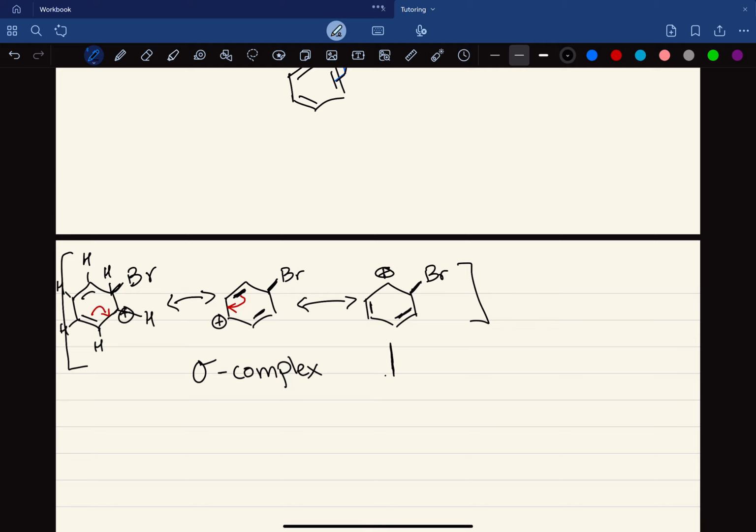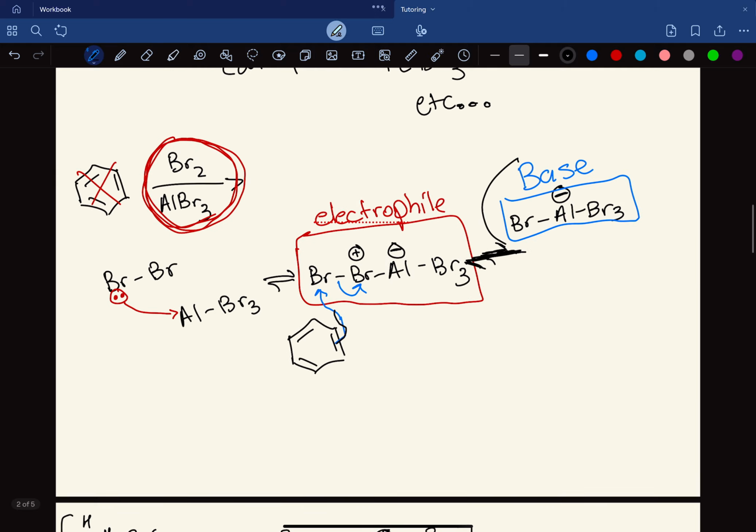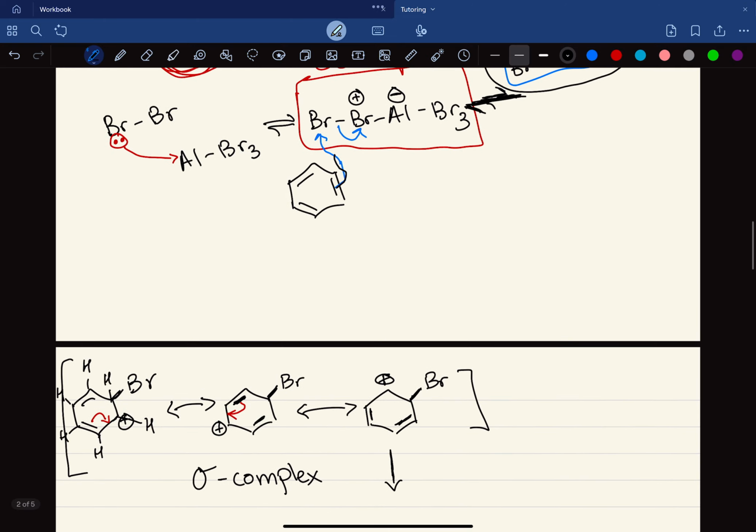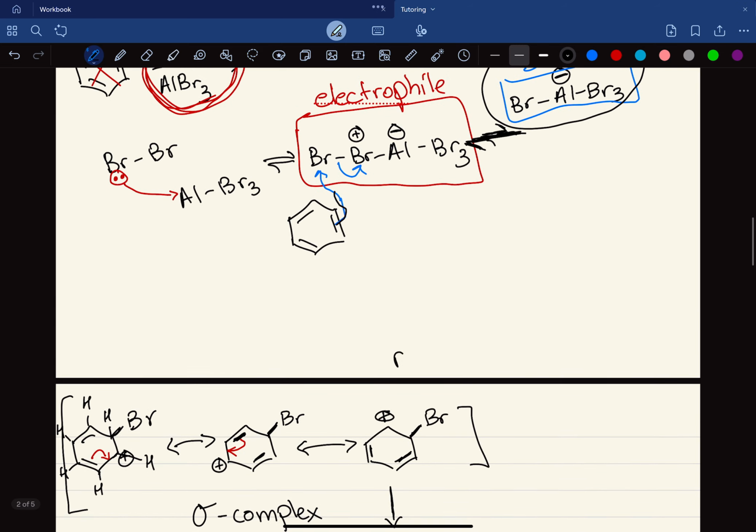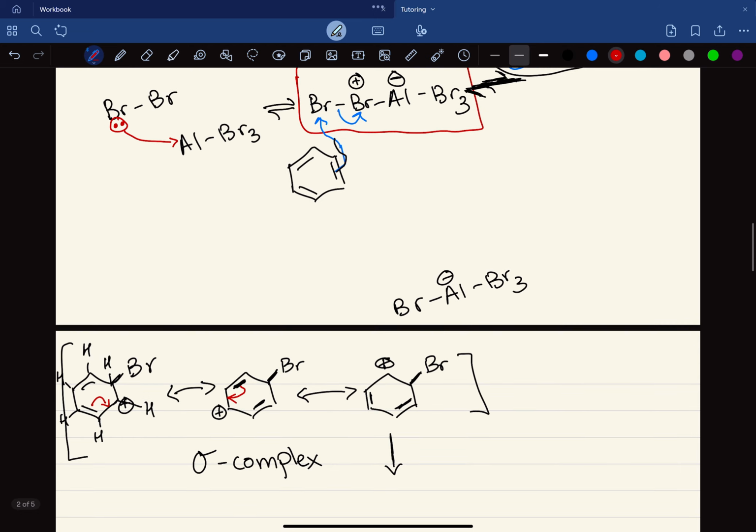So now is where our base that we created right here comes in. So we have our base, BrAl minus, still has that negative charge from earlier. And what's going to happen is, remember, we're going to be focusing on this hydrogen that is attached to the same carbon as the substituent that we added. So what's going to happen is the bond